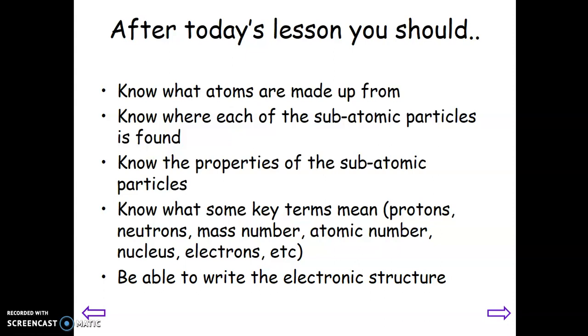So we're going to look at what atoms are made up from. We're going to look at what we call subatomic particles. Those are the particles found within an atom. And we're going to look at some of the key properties. We're also going to look at some of the information we can derive about an atom, excuse my dogs if they go mad, they're a little bit twitchy today, some of the key information we can derive about an atom using what we know about these subatomic particles. So first of all,